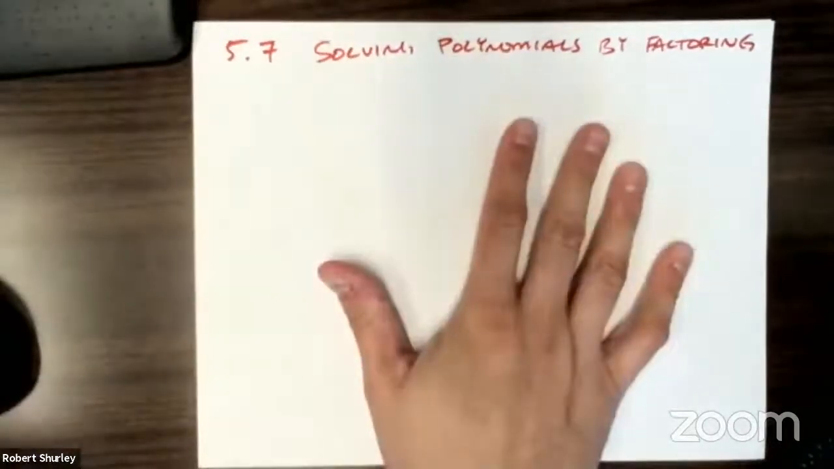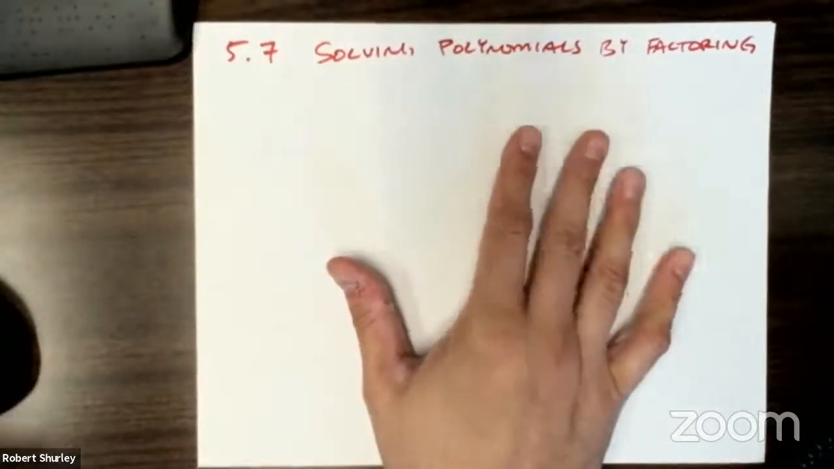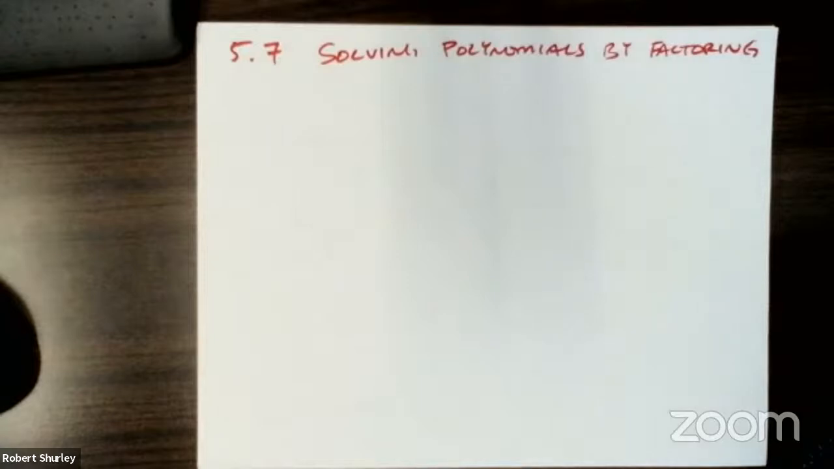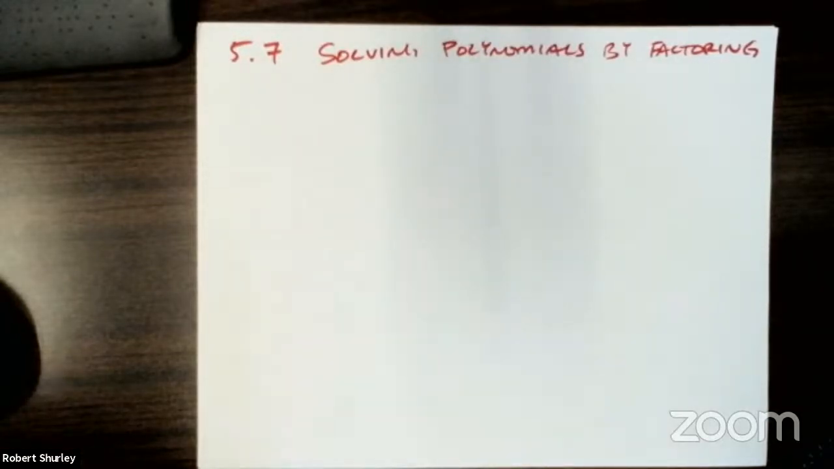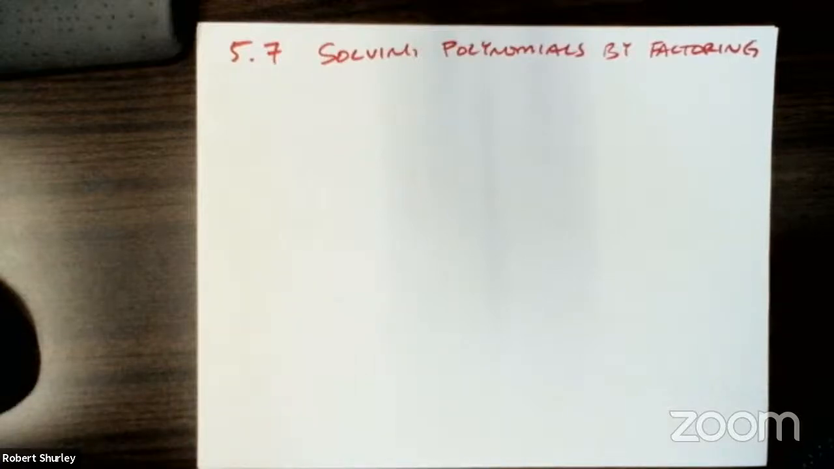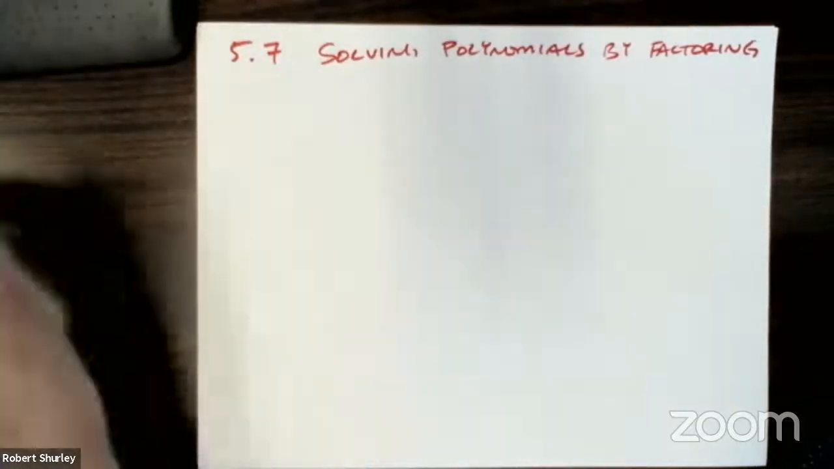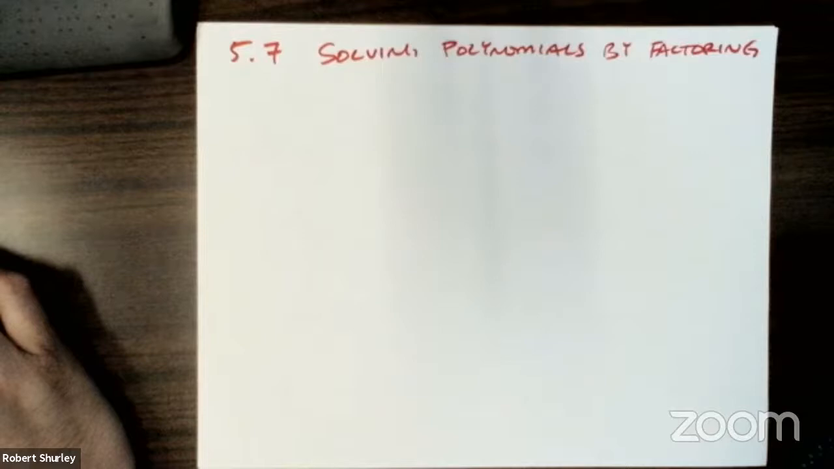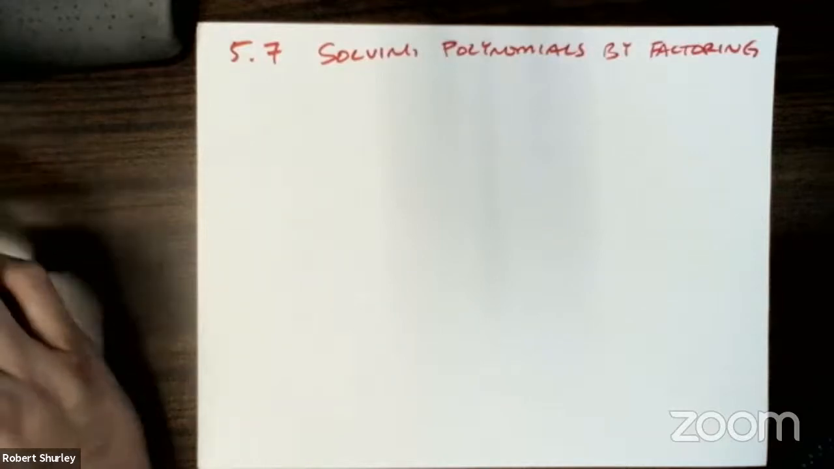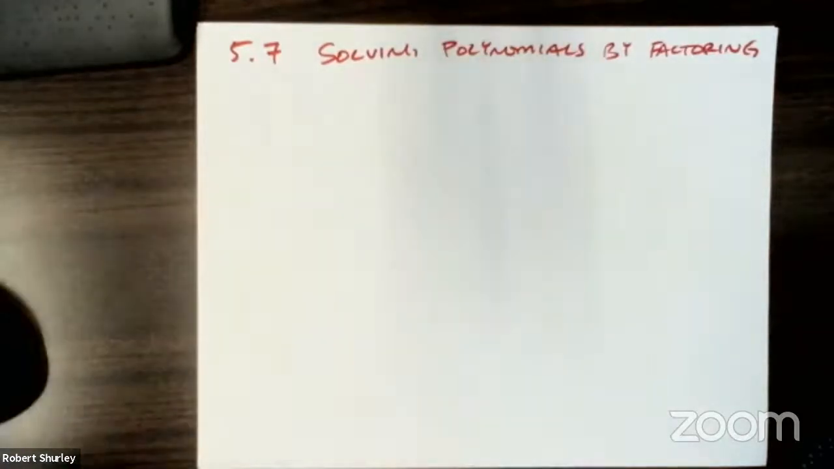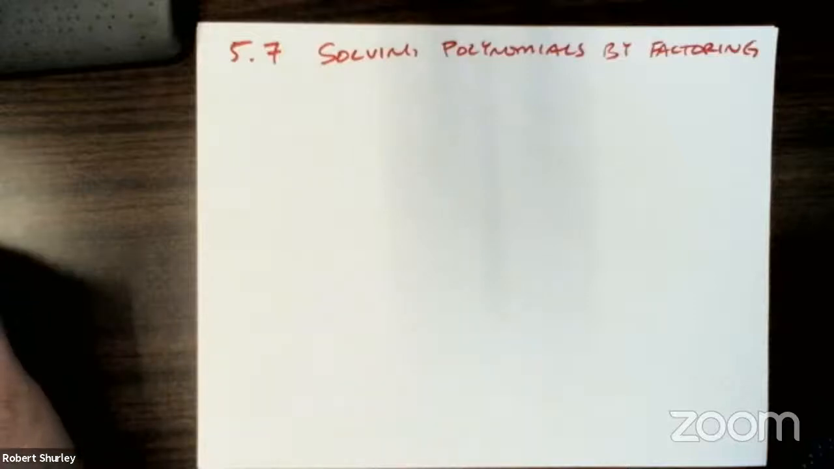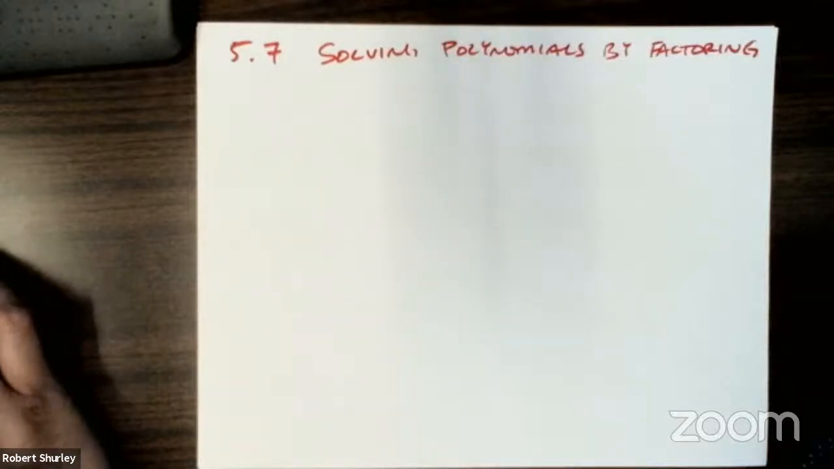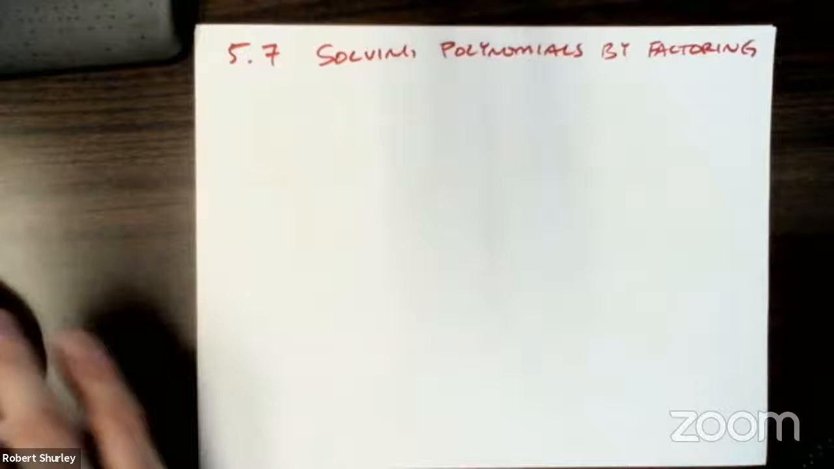Okay, today we are going over solving polynomials by factoring. So 5.7 actually is probably the shortest of all the sections that are going to be on this test. But to solve polynomials by factoring, you have to be able to factor. So if you haven't gone through the homework from 5.4, 5, and 6,